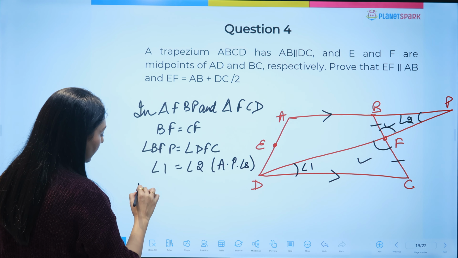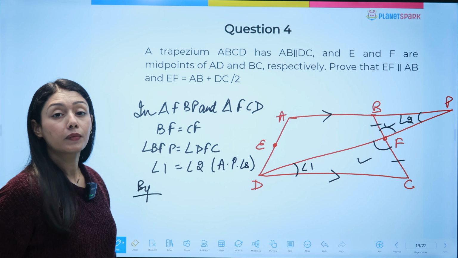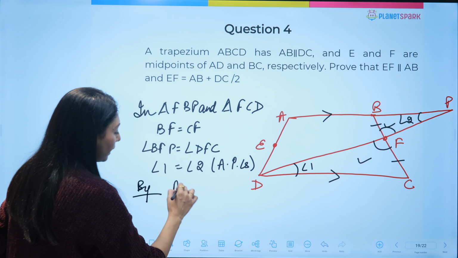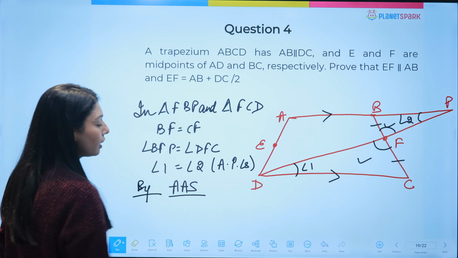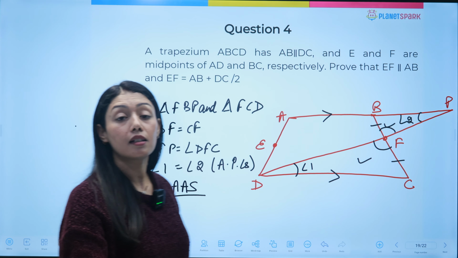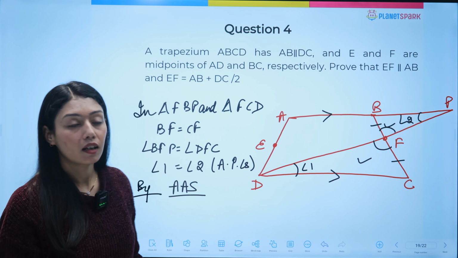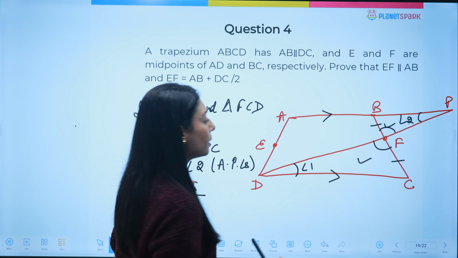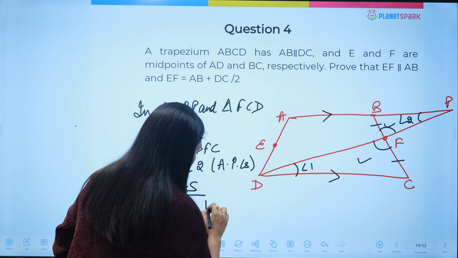So, by which criteria are the triangles congruent, everybody? Quickly tell me in the comments. Yes, by AAS criteria. If two angles and a side of one triangle are equal to the corresponding two angles and side of the other triangle, the triangles are congruent, right? So, we can say by AAS criteria the triangles are congruent. Okay then. So, by CPCT,